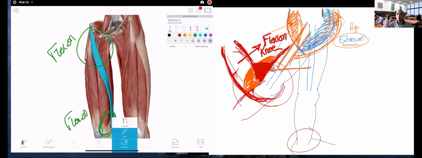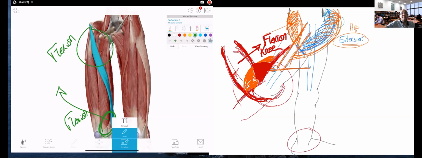So if you were traveling in front of both of them, you're going to be performing flexion of hip, extension of knee. If you're traveling behind both of them, you're going to be performing extension of hip, flexion of knee. But what makes the sartorius slightly confusing for some is that it's traveling in front of one joint, but behind the other joint. So it's allowing flexion of the hip, but at the same time, flexion of the knee. What else would I be allowing? You see on here, I would be pulling this point to move